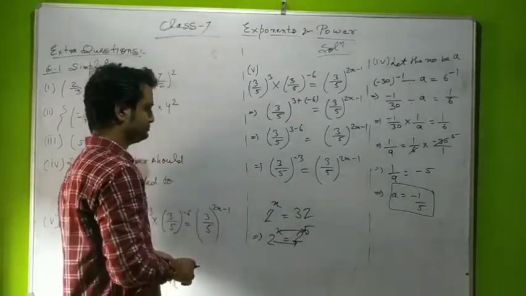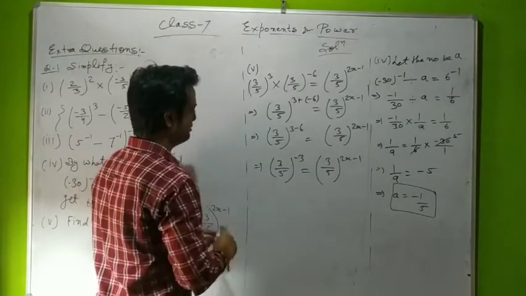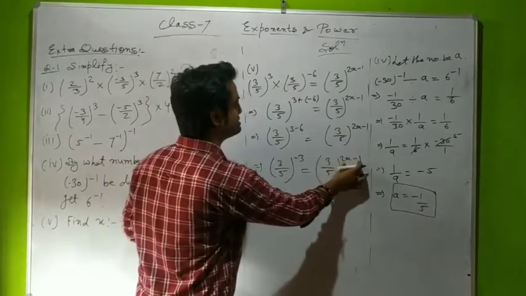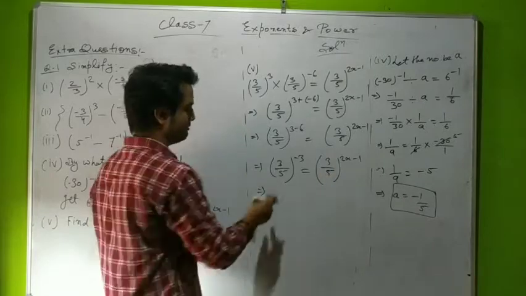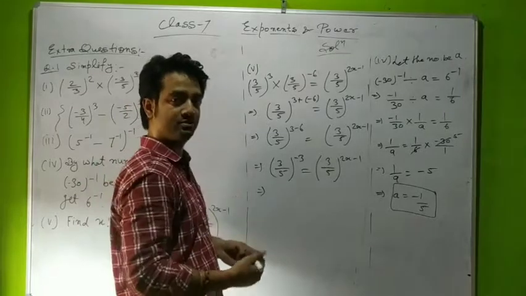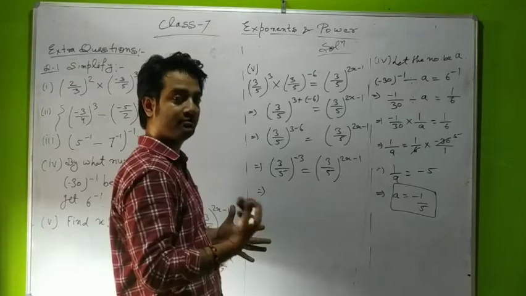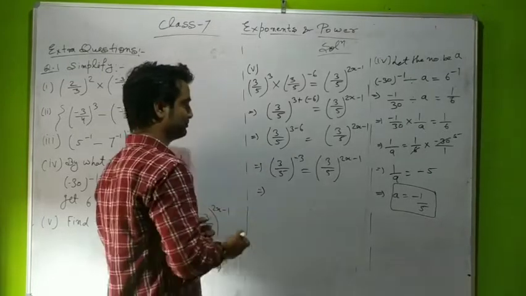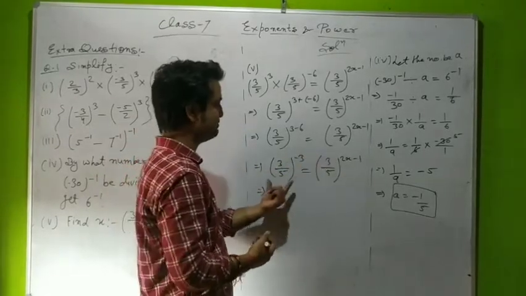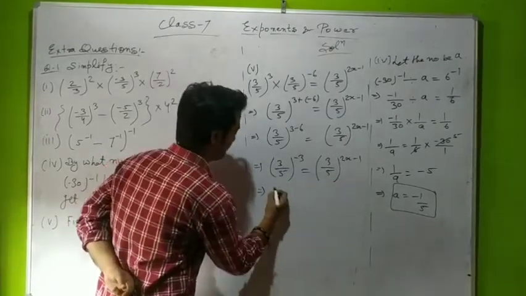In the same way, if you look at this question, on one side the power is minus 3, on the other side the power is 2x minus 1, but the bases are the same. When bases are same, then exponents are also equal. Or if exponents are same, then what? Now we leave it up to you. Think about it and figure out if exponents are same, whether bases are necessarily equal or not. Let's go ahead. So on comparing,